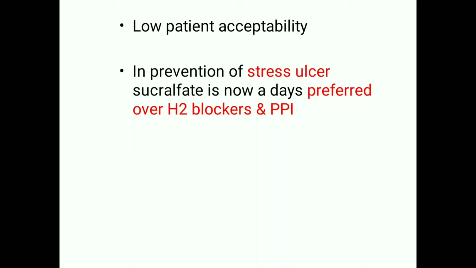But the risk with these proton pump inhibitors or H2 blockers is that they decrease the acid secretion, and as a result the gastric pH is increased. Now whenever the pH is very high, say more than 4, the continuous absence of acid facilitates bacterial colonization in the gastric lumen, and this bacteria can then propagate to the lung and may result in development of pneumonia.